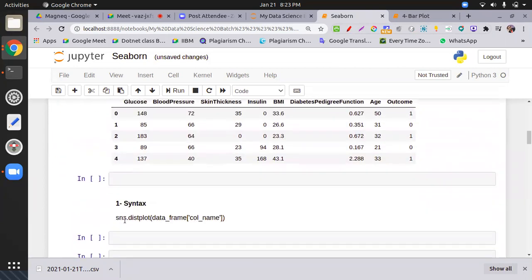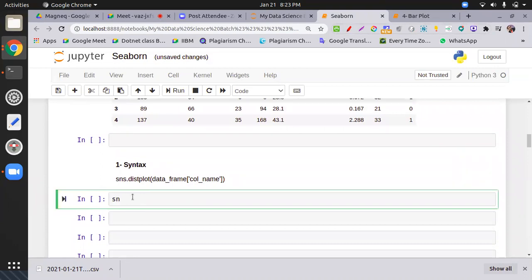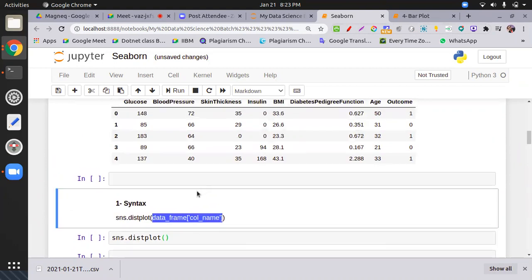Now I want to apply the dist plot. So simply sns, that is the alias of Seaborn, dot dist plot. Here I have to use a data frame variable and the column name.